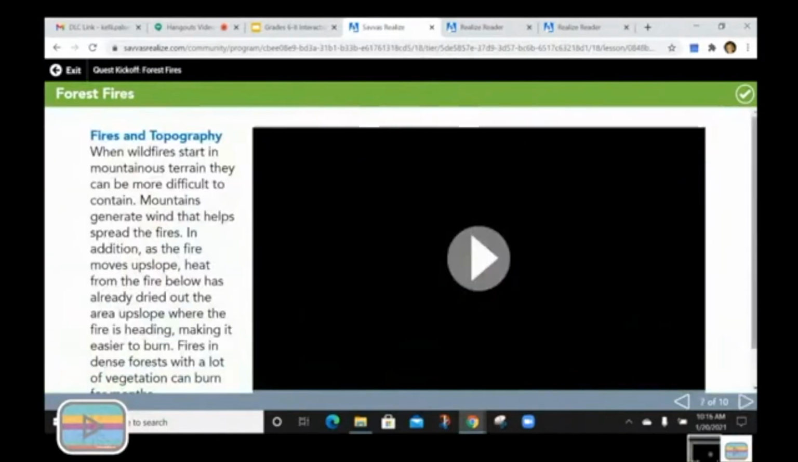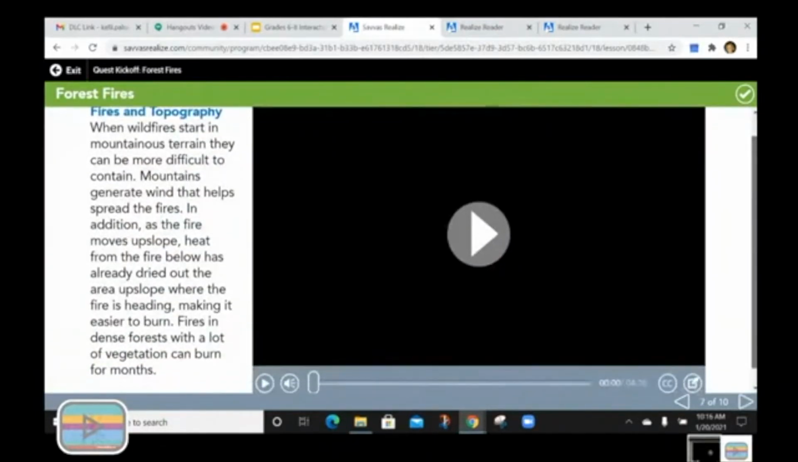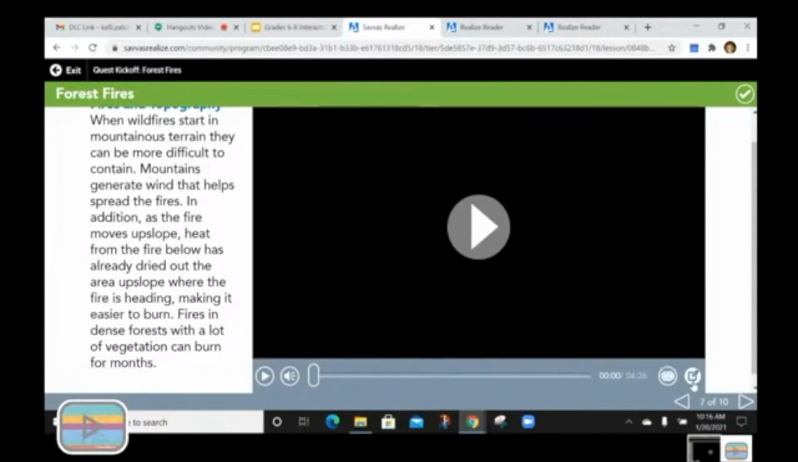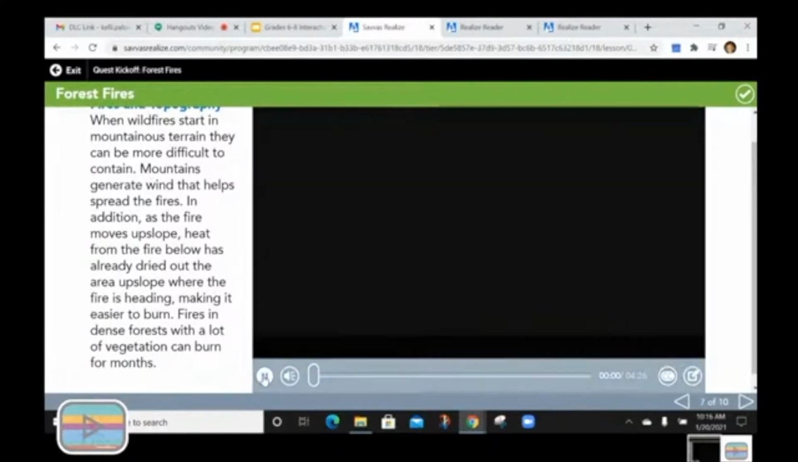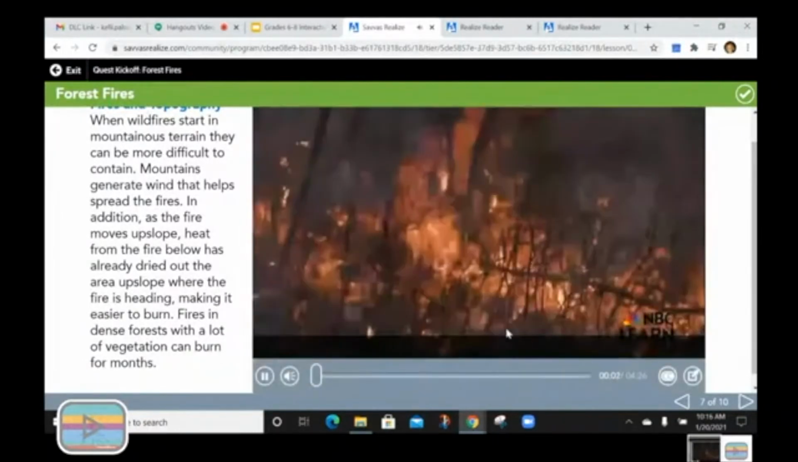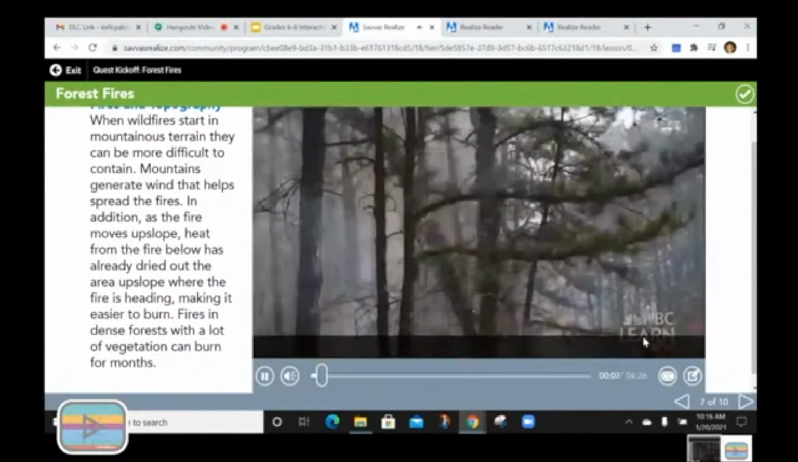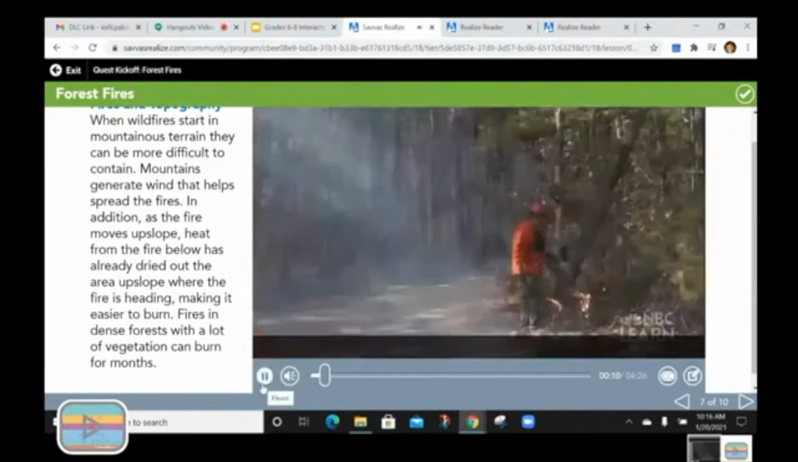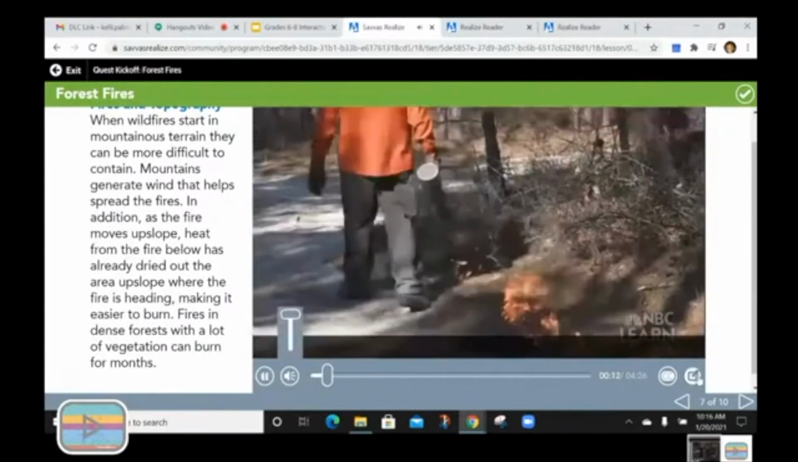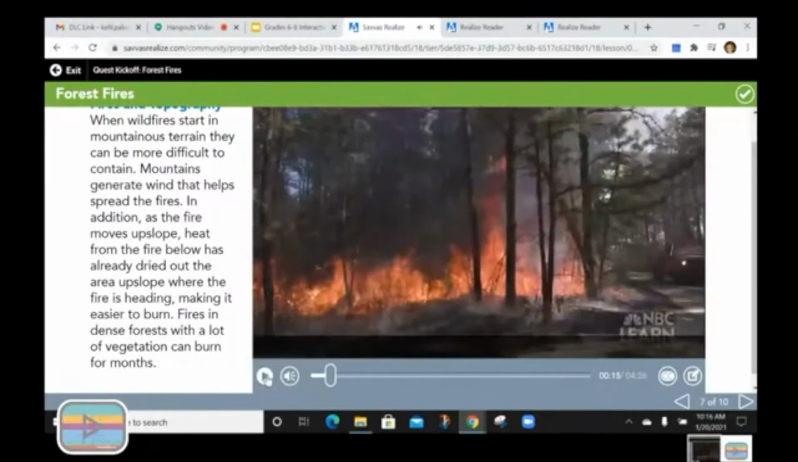We go on. Now I have an embedded video. We're talking about forest fires in a little more detail. I can turn my volume up. I also have closed captioning here. We can watch our video from NBC Learn. I can make this full screen. So again, teachers can also pick parts of the Quest Kickoff that they would like to use with their students